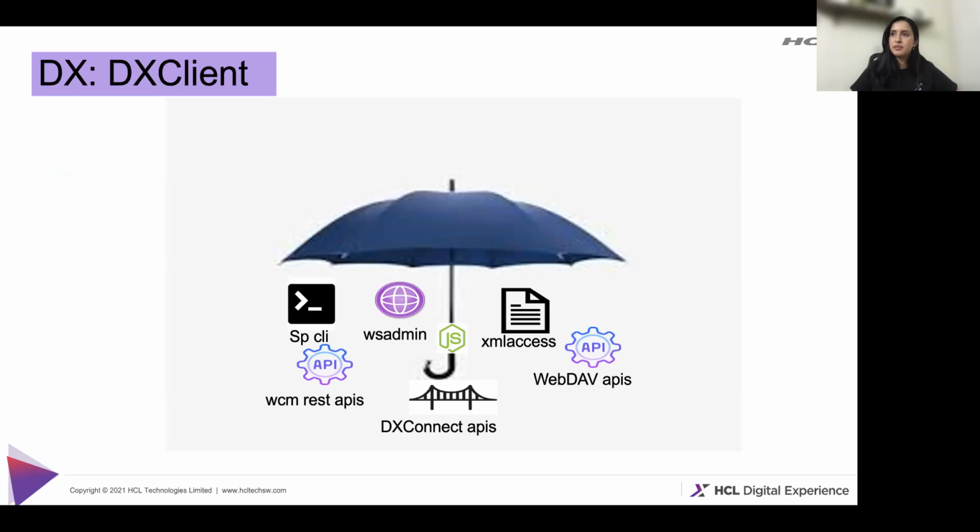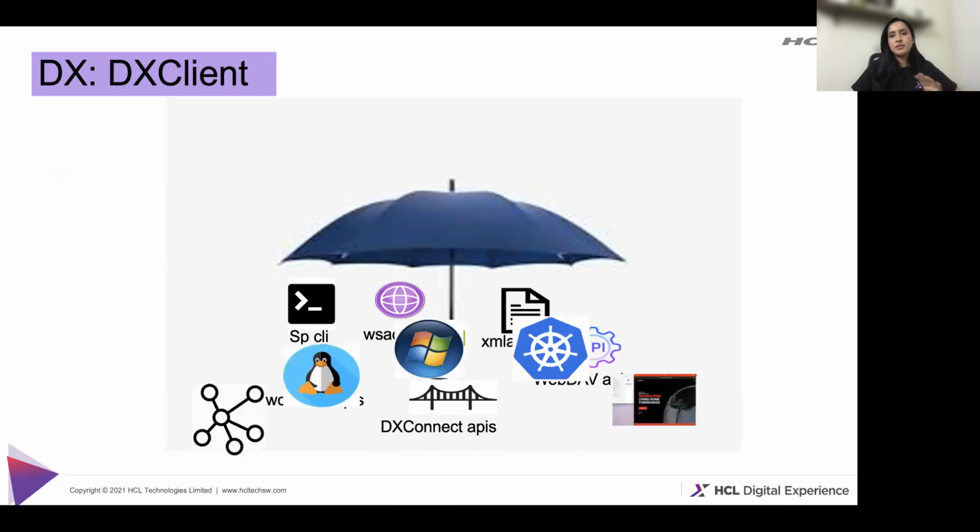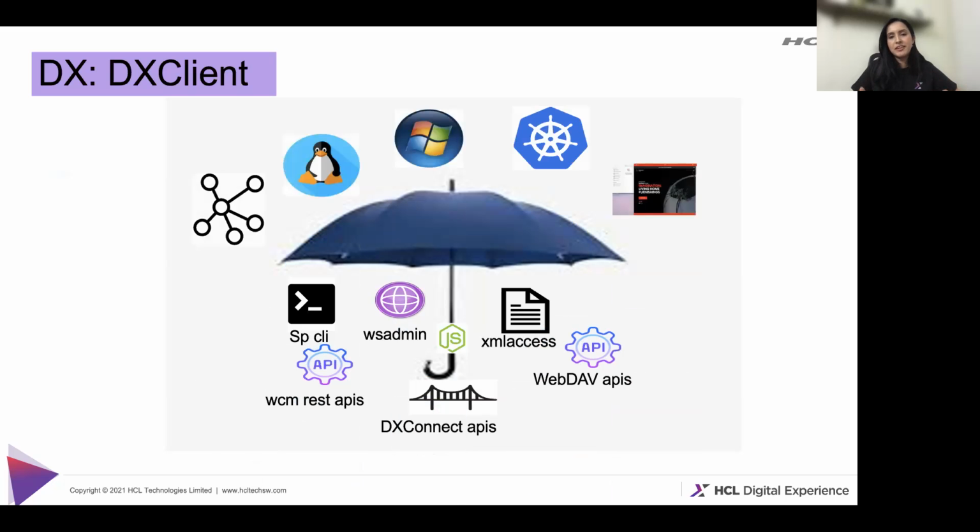You just need to install Node.js and run the installation commands, and you can install it on Linux, Windows and Mac. You just need to set some configuration file, which enables you to work with a standalone or Kubernetes cluster environment, anything. So this is the high level overview of what DX Client is all about.